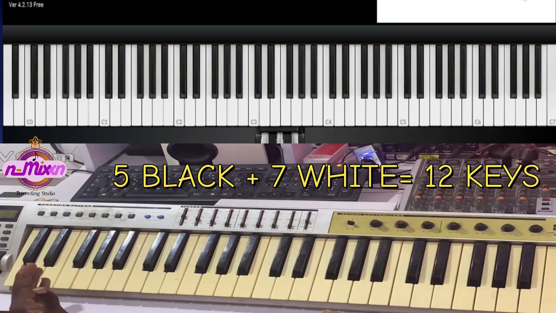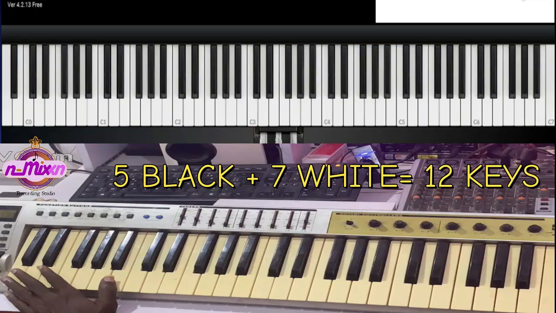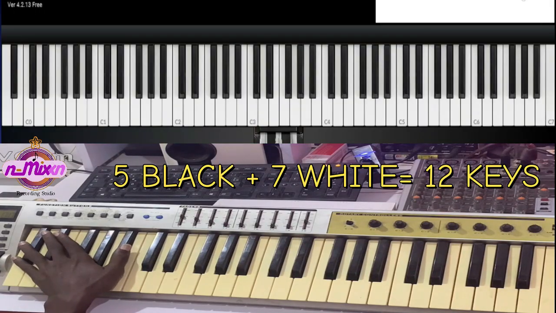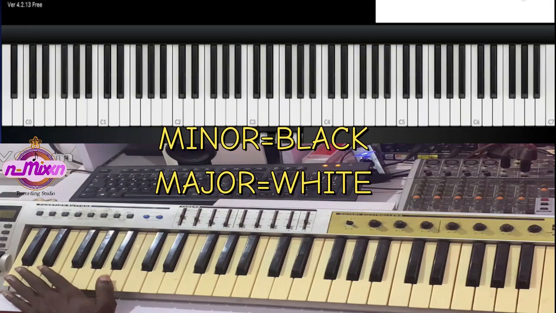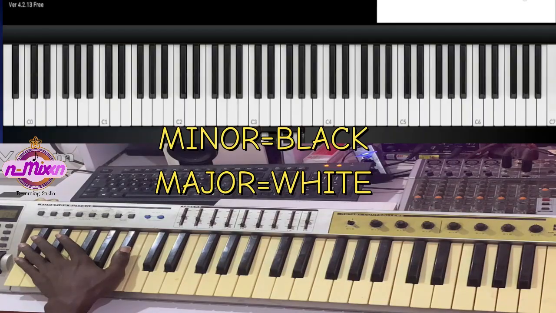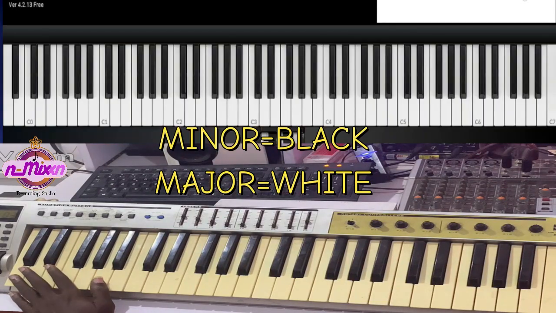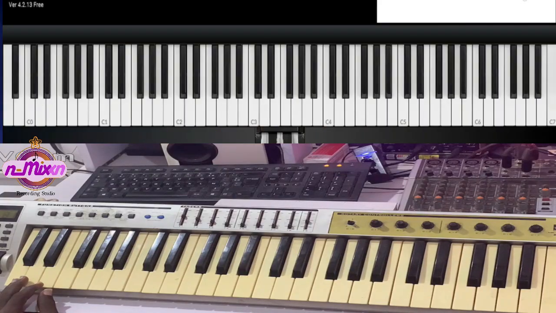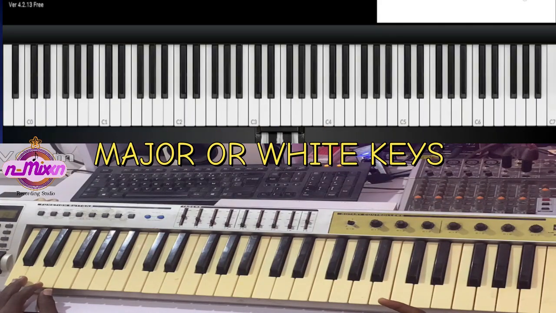Now these 12 keys are divided into 2, that is the black and then the white, or you can say the minor keys and the major keys. The minor keys and then the major keys. Now the major keys are named after the alphabet, A, B, C, D, that we know. Okay, and in this case, because we have 7 major keys, we are going to talk about A, B,